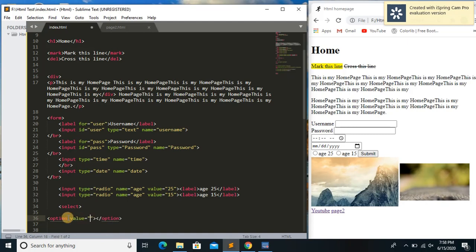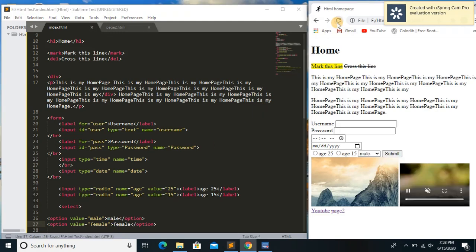Its value will be, let's say, male. Here male. We'll just copy it, paste over here. Now instead of male we say female. Save it, run it. You can see right now more option over here: